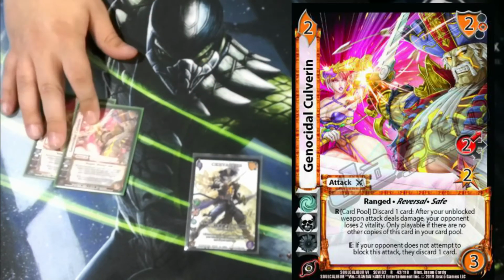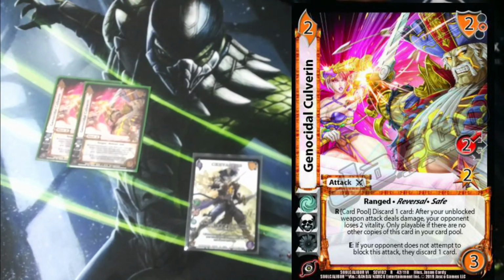We're playing 2 Genocide Culverin. It's a safe reversal, 2 high for 2. Our card pull, discard 1 card. After your unblocked weapon attack deals damage, your opponent loses 2 vitality, only playable if there are no other copies of this card in your card pool. So